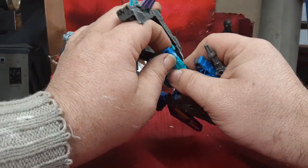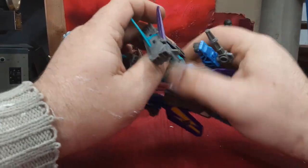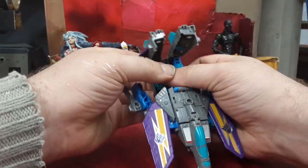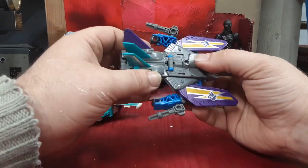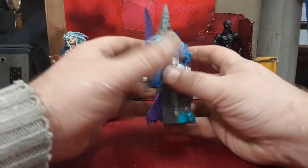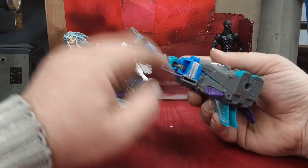Come on. Hinge over. You gotta remember, I'm working this thing like a foot away from my body and stretching my arms out, so you can't really get the right torsion on these parts sometimes, and just close the legs together. There we go. The arms, that weird hinge in there, and then this slot is going to go onto that